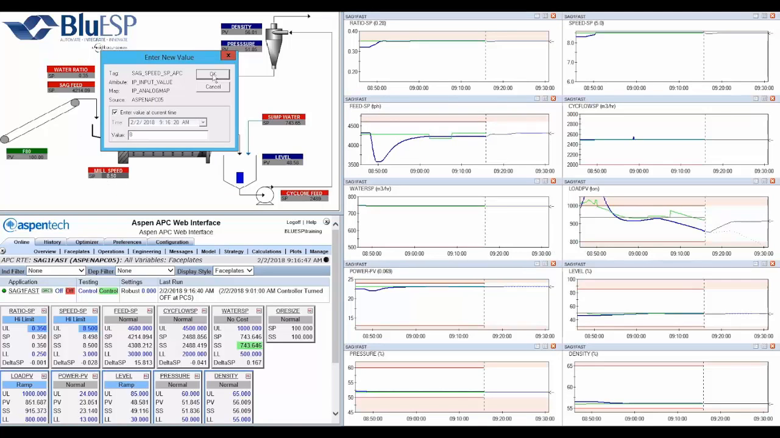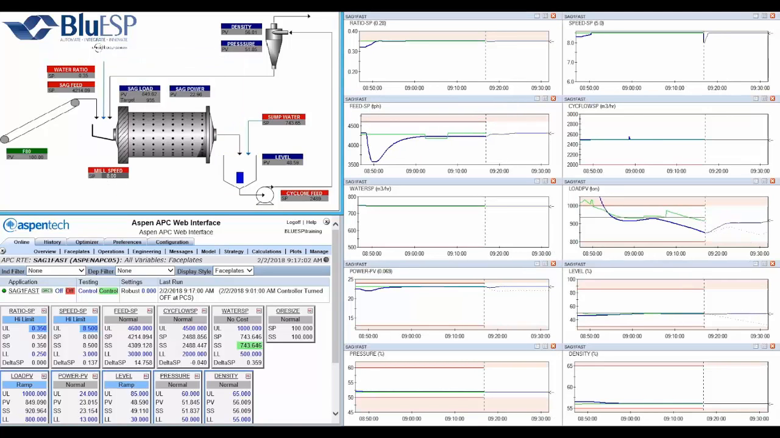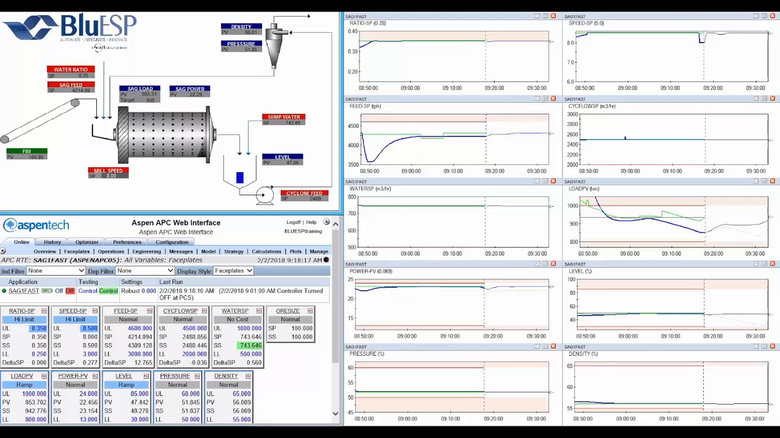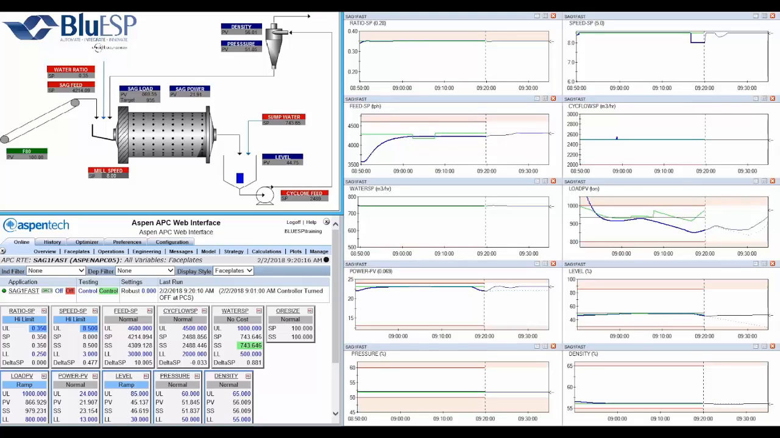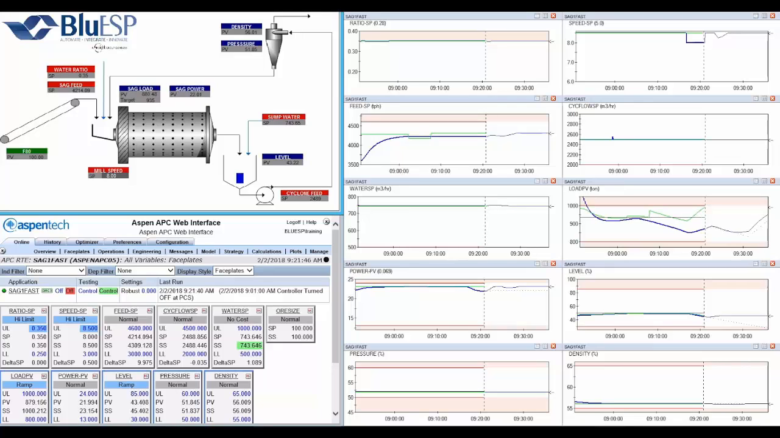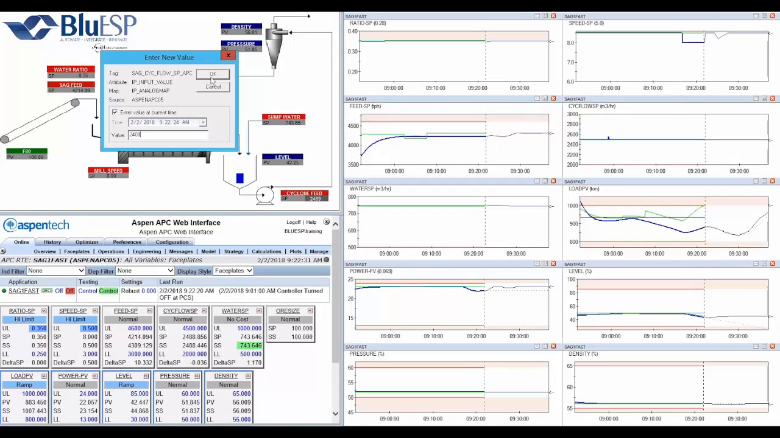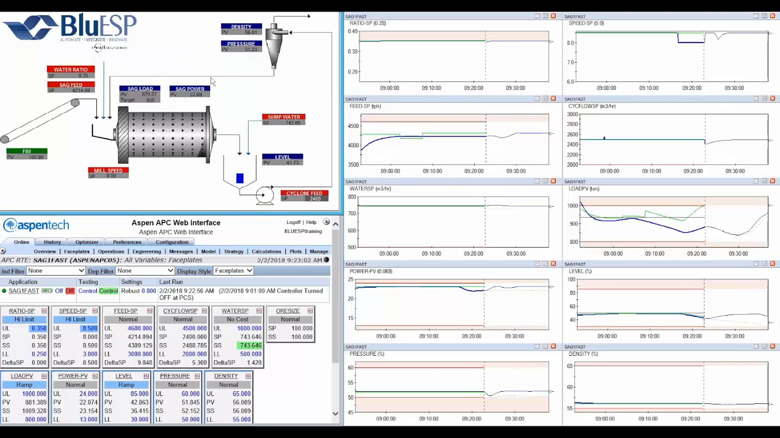To reverse this trend, the operator decreases the mill speed set point to slow the mill down. This slows down the discharge rate and leads to the mill load increasing. The discharge rate. The decreasing discharge rate also means less material is entering the mill discharge sump, and the level in the sump